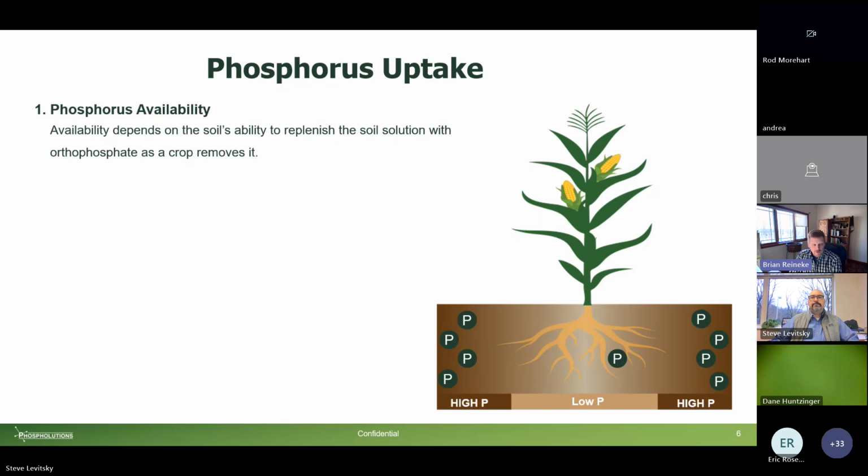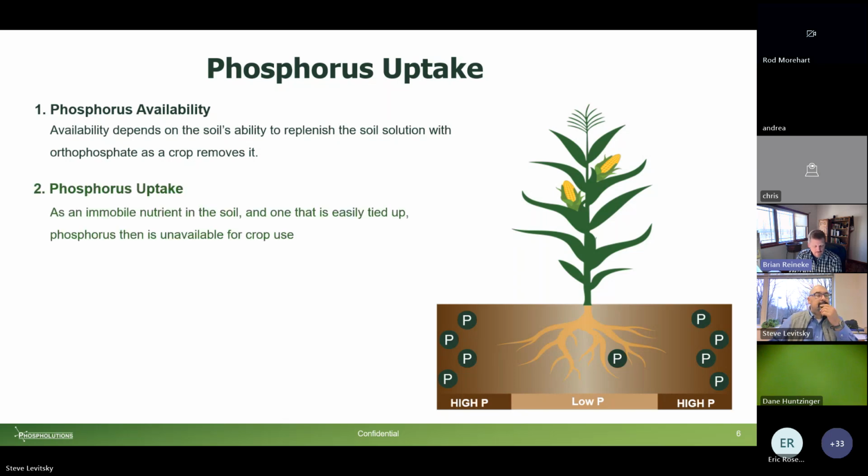And there's really only three ways that phosphorus moves from the soil to the root surface where it can actually take it up. The first one's root interception. And the reality of it is